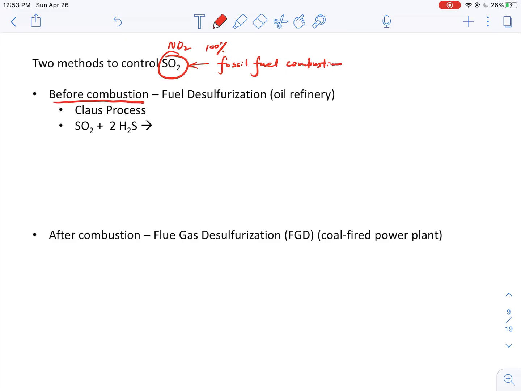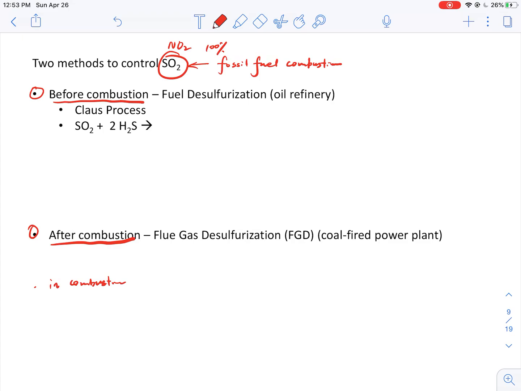So first is before combustion, which is before the fossil fuel combustion, and the other method is after the fossil fuel combustion. So in terms of the carbon dioxide, which we're not going to cover later, basically for the carbon dioxide, we can also have a third technology, which is in combustion. So basically you can see that we can apply these control techniques in all different stages of combustion, right? So in terms of the sulfur dioxide, we're just going to use these